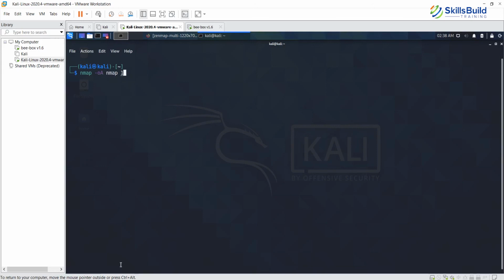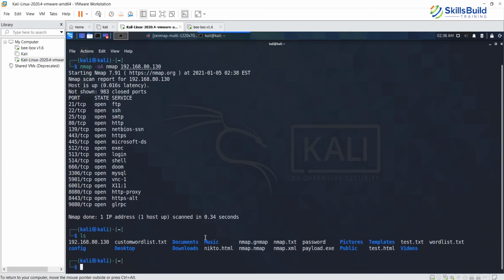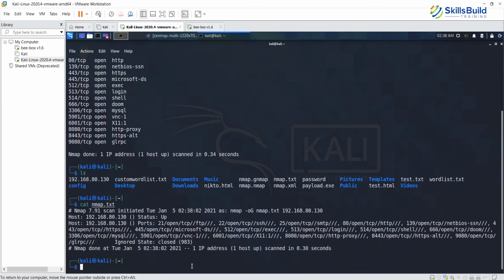So there you go: nmap.gnmap, nmap.nmap, nmap.xml, nmap.txt. Let's try to read what is in nmap.txt. So there you go. It gives whatever is listed on the screen, already listed in this particular format.